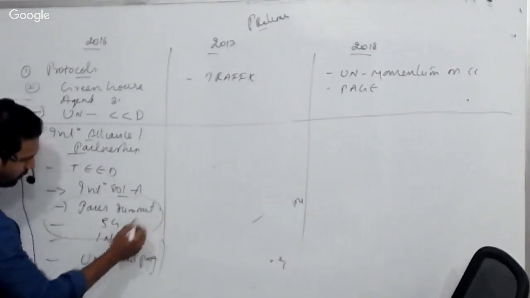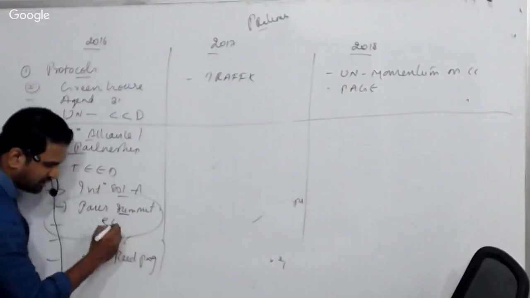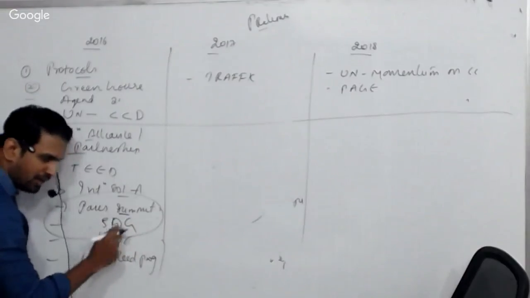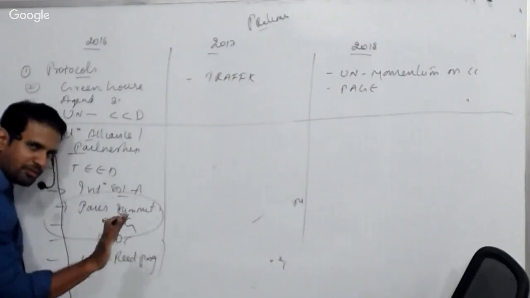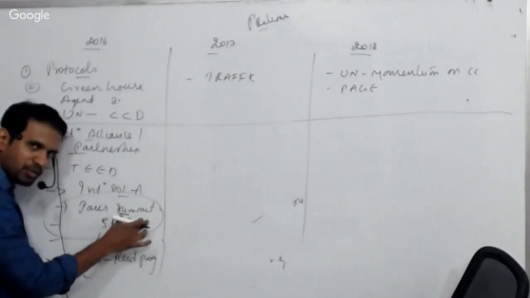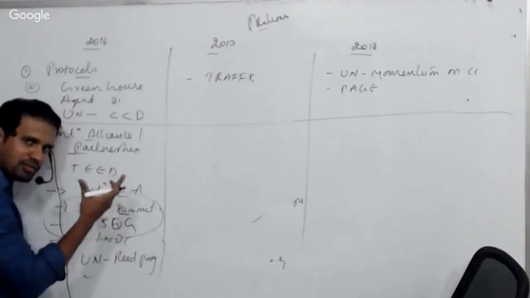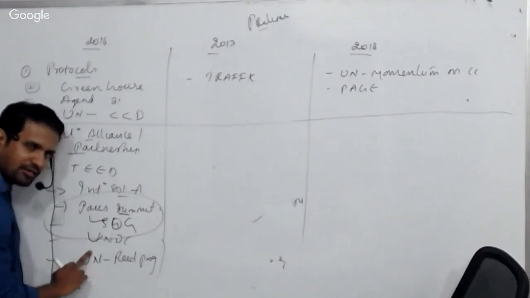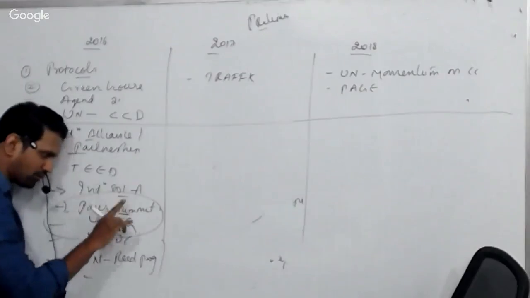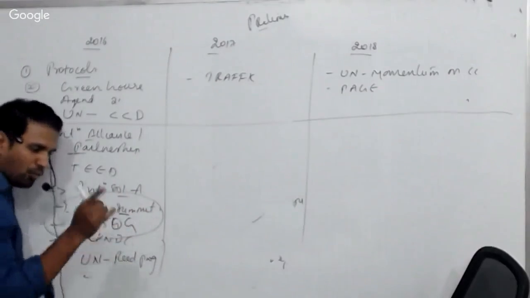Always see this part. From the Paris Summit only, the Sustainable Development Goals came. Even if you don't know the Sustainable Development Goals, just remember that a summit happened in 2015 in Paris, and important decisions were taken in that summit. One such decision was SDG, and another was INDC. So there was one question on the Paris Summit, one on SDG, and one on INDC.